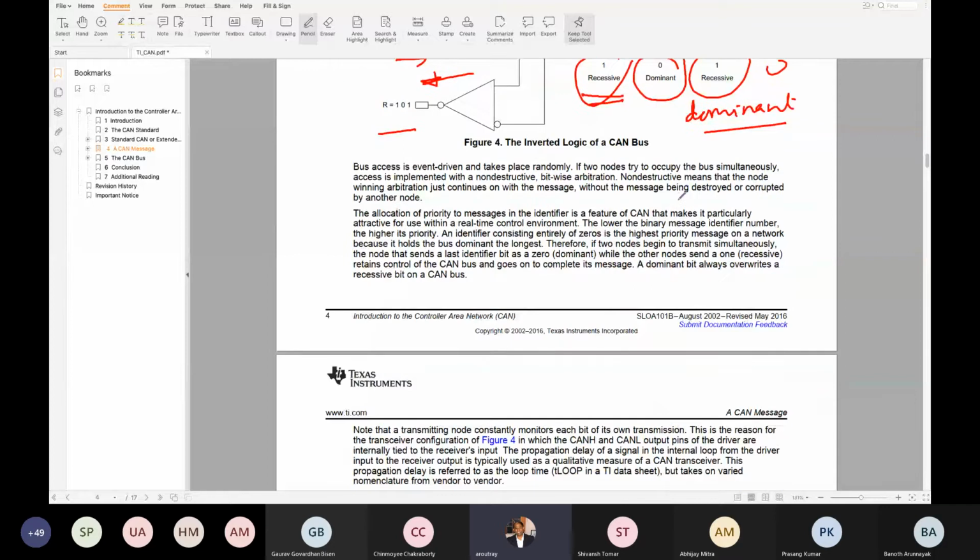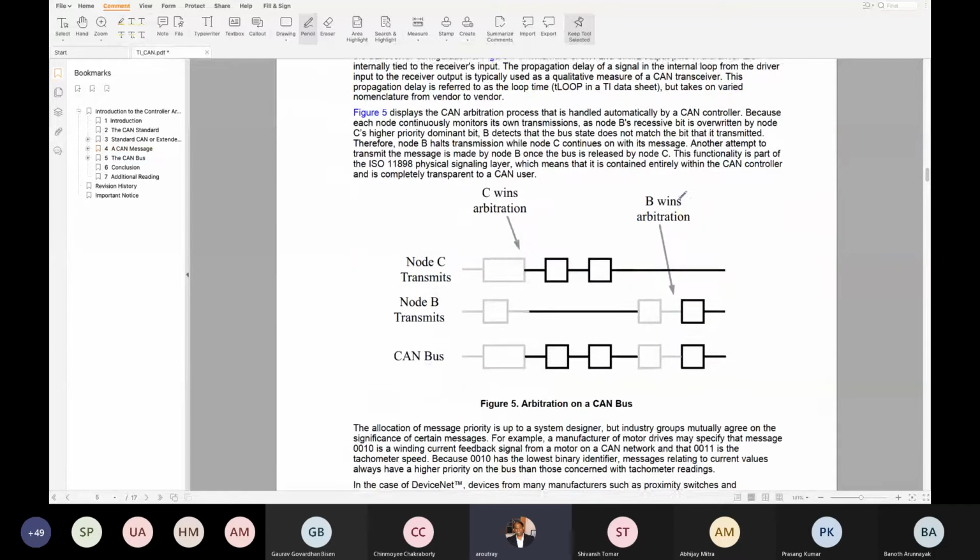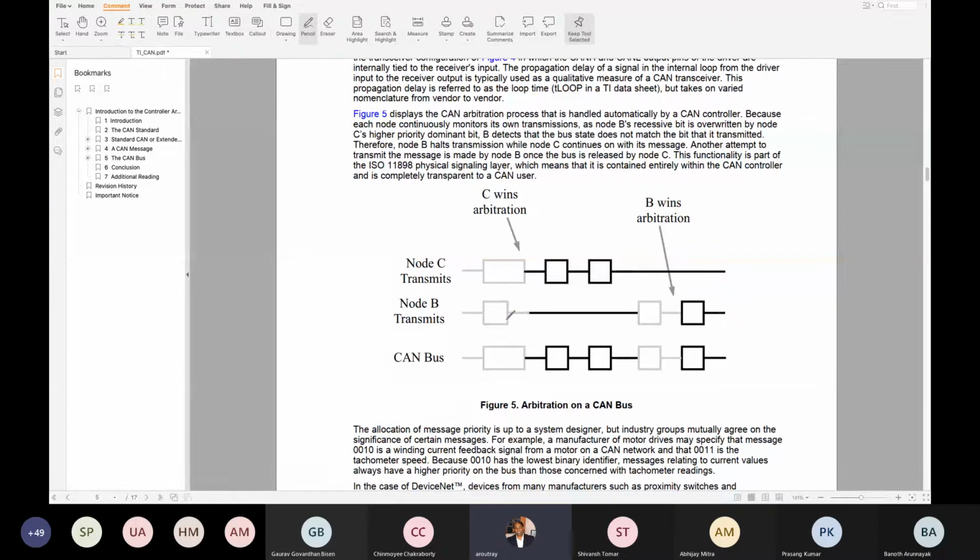So let's see how it works. You can look at this. Suppose node C and node B both are transmitting. So who will win? Depending upon the dominant. Suppose C has leading zeros, then C will dominate. If B has not leading zeros, B will dominate. Because if there is 0, so this will listen to C. So therefore, any identifier which has got leading zeros, the more number of zeros, the more dominant it is. So that means keeping the identifier with lots of zeros in the leading it becomes dominant. Okay, so that node will win over and it will transmit.